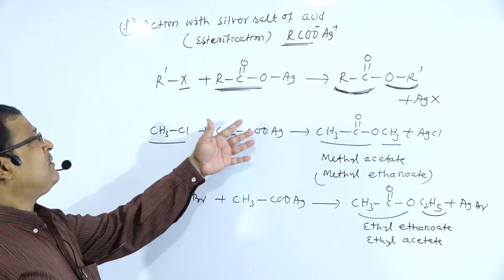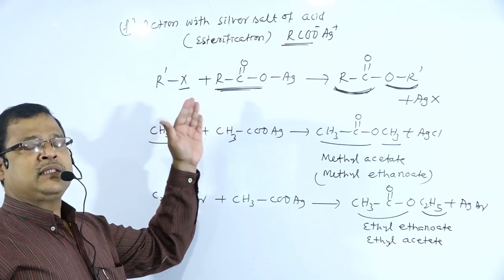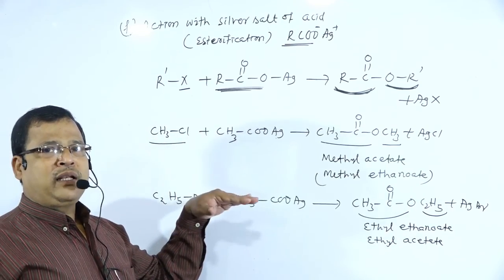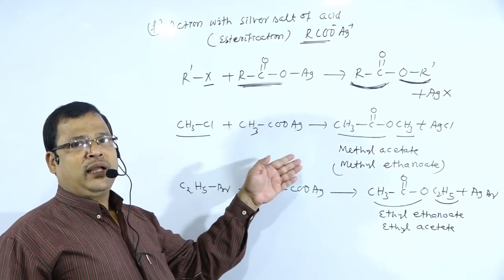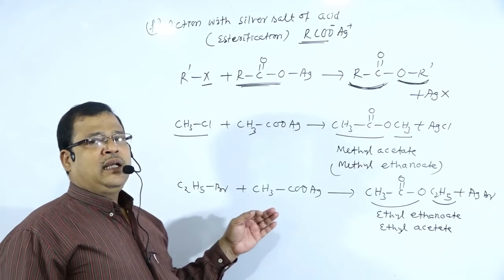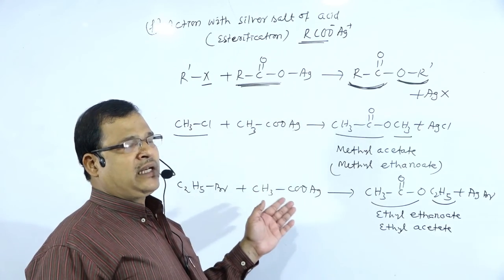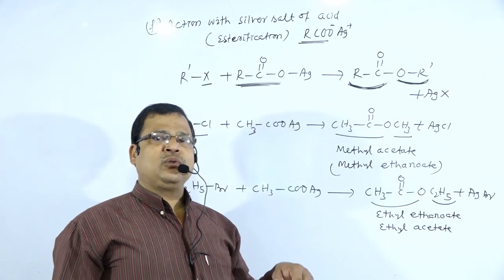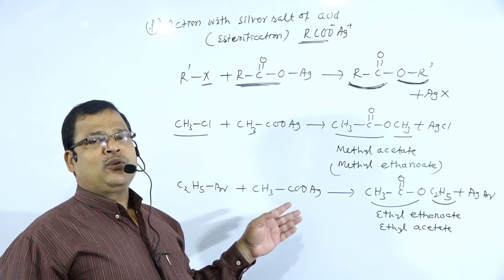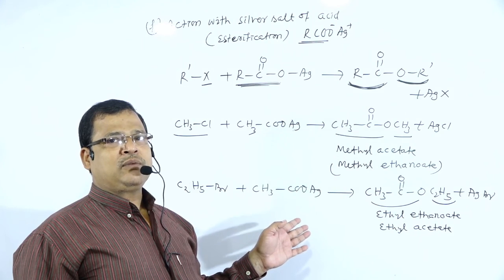In nucleophilic substitution reactions of alkyl halides, the X part is replaced, as we have defined, by CN or NC or NO2 or ONO or OH- or RCOO-, to form the desired products. So these are the nucleophilic substitution reactions of alkyl halides. In the first class, we discussed the mechanism of SN1 and SN2, and today we have discussed some examples of nucleophilic substitution reactions where X is replaced by the nucleophiles.